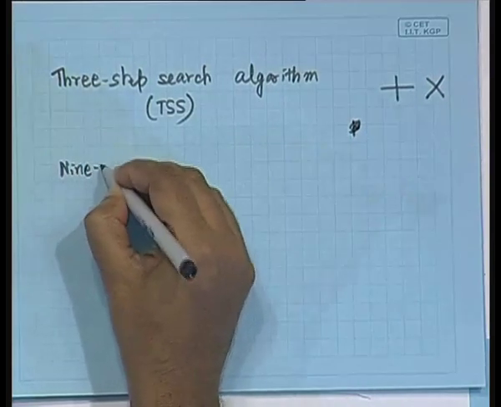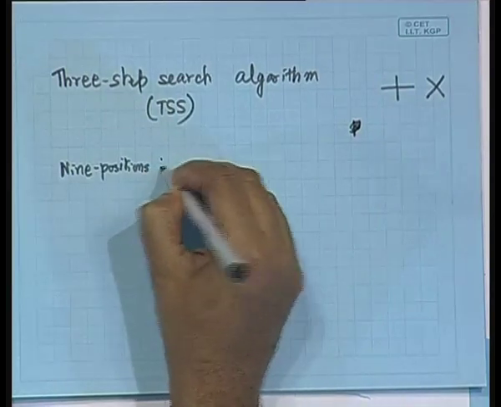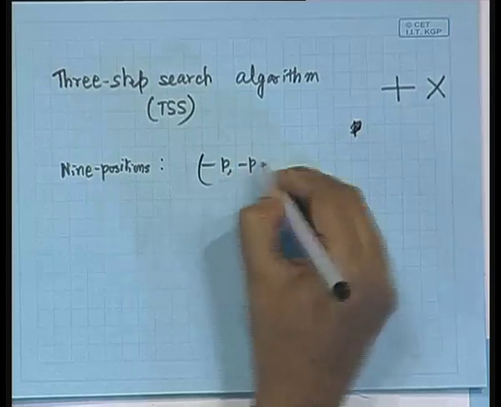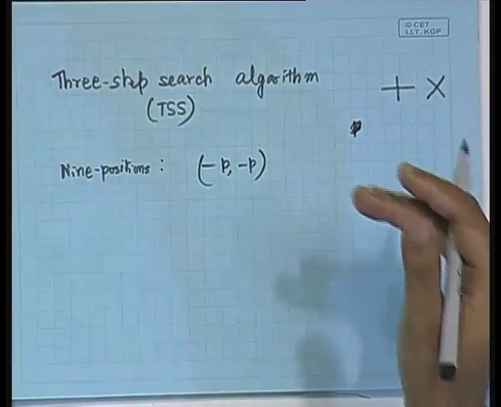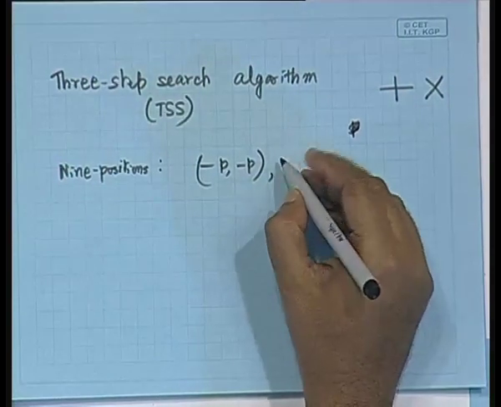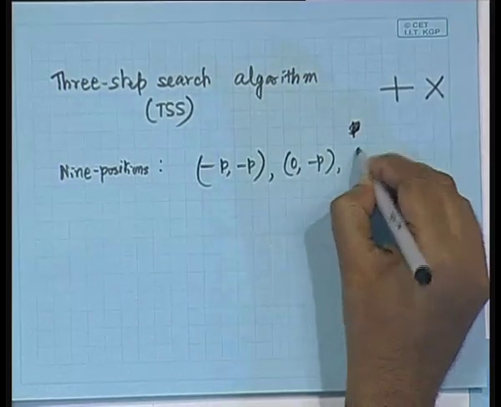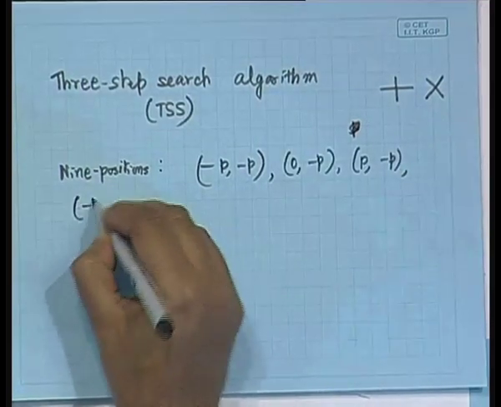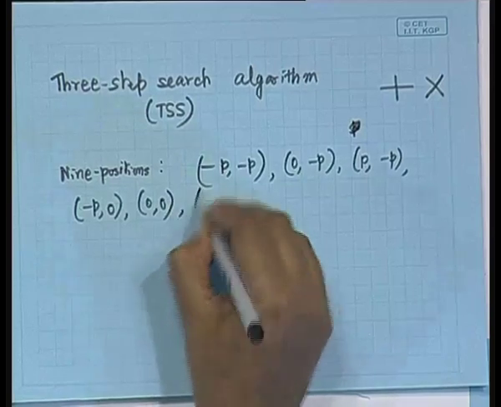Assuming that the total search range in this case is going to be 2p plus 1, of course, the 9 positions are minus p, 0 minus p, p minus p,